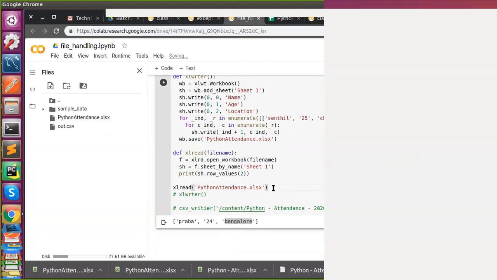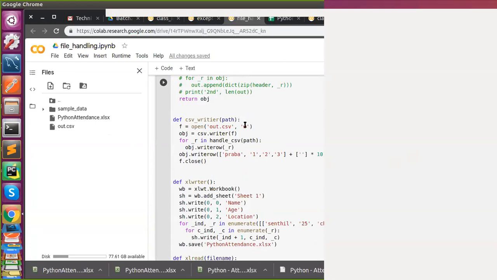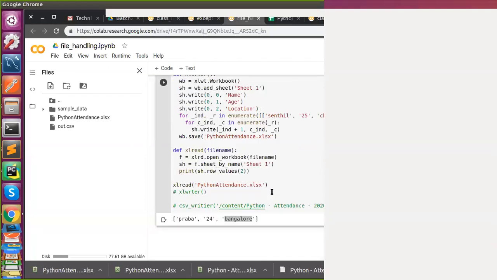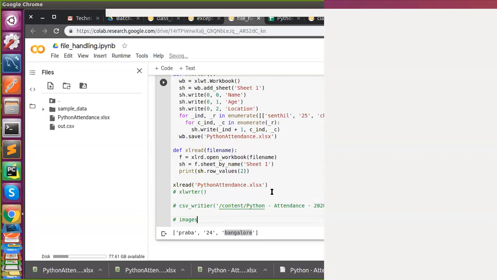So now let's move on to images. So this is about Excel. Now we'll talk about images, the final one, and then we'll move on to OS modules. So it is up to you what you want to parse. You can parse PDF, you can parse email, video sequence. So here, in my company we are playing with videos alone. We are splitting the videos into frames, etc. That's what we are actually doing.